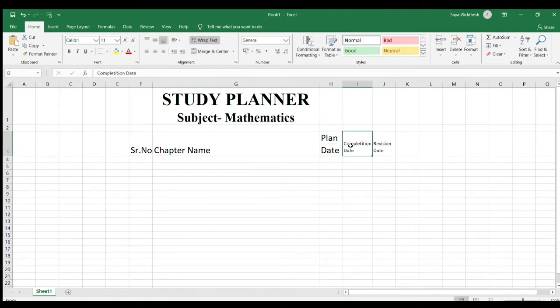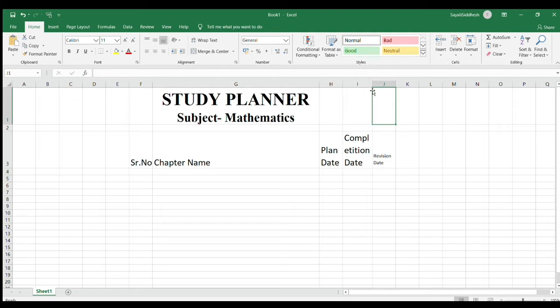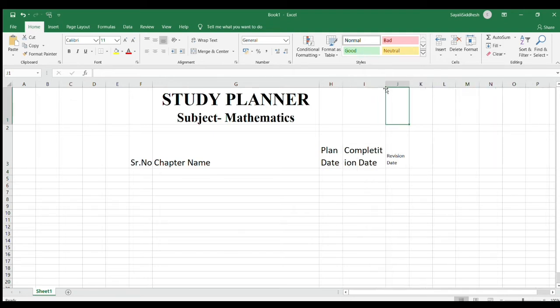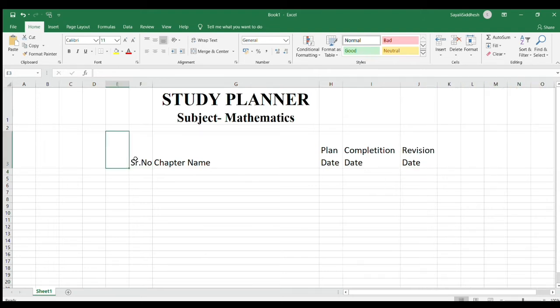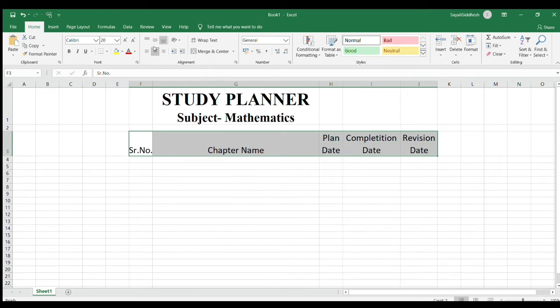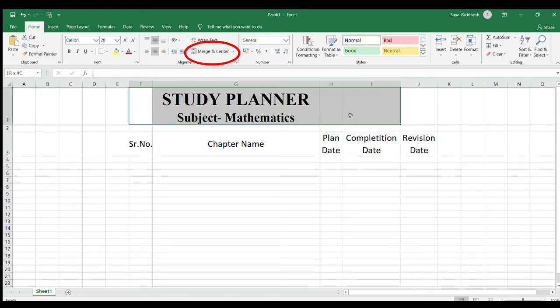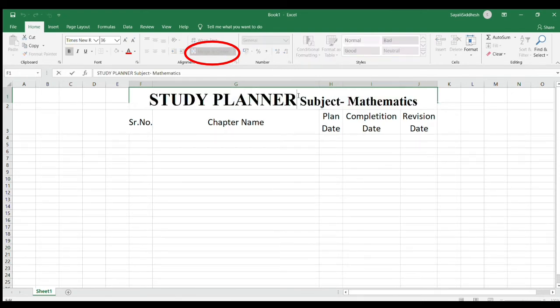Again do some wrap text and increase the width of the cell if you want. Just select the column and drag it towards your right. Now select the row in which we have mentioned chapter name, plan date, completion date and revision, and change its alignment to middle. Now select the study planner cell which is the G cell, right from the F cell towards the end of our table, that is the J cell,